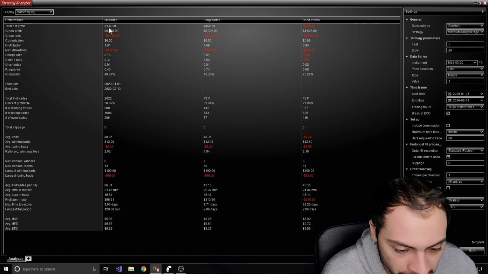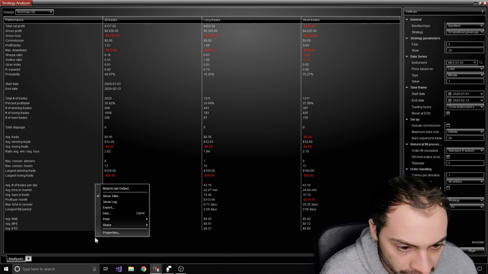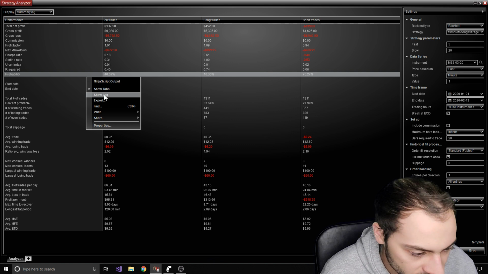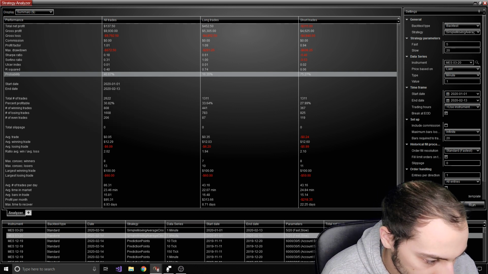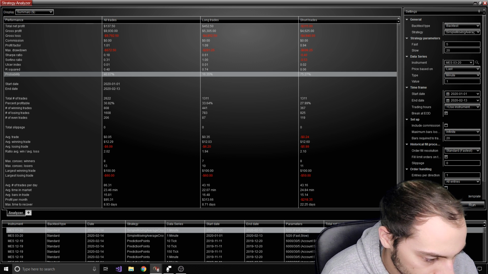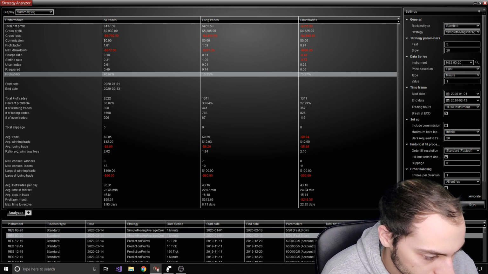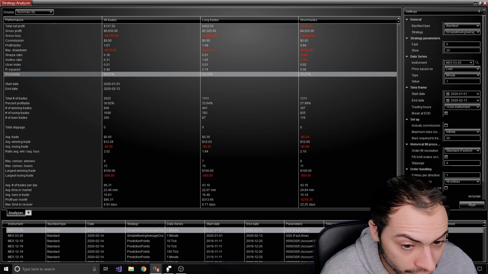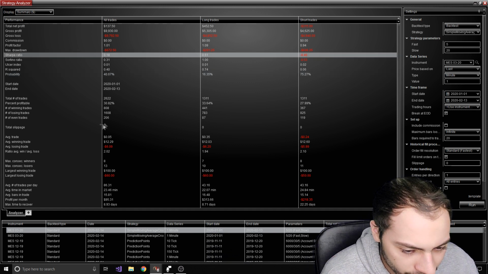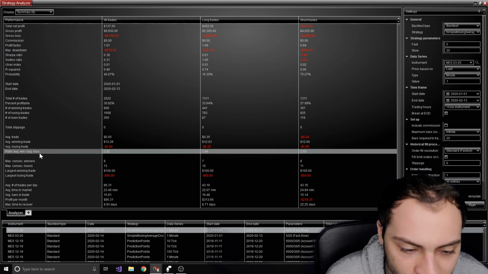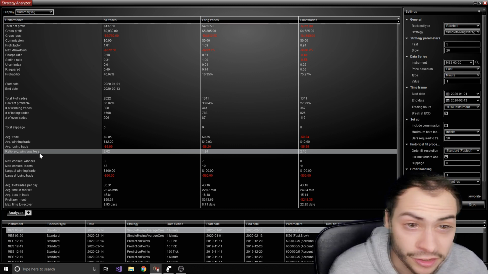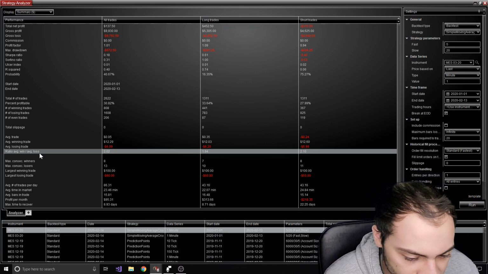All right. And here's a cool trick, actually. If you right click on the screen and hit show log, you can see what you made before. And look, it made way more trades, right? And way less money. Okay. You saw our Sharpe ratio went down a lot. Our ratio between average win and loss did go up, but the amount is so much lower. It's not as great. So obviously this isn't a super good strategy,